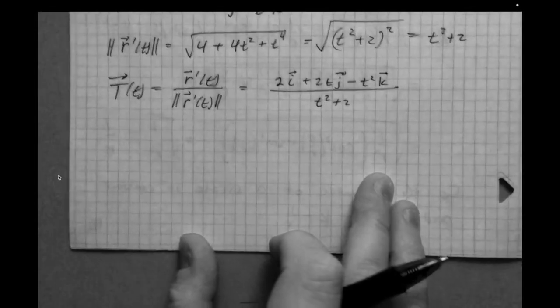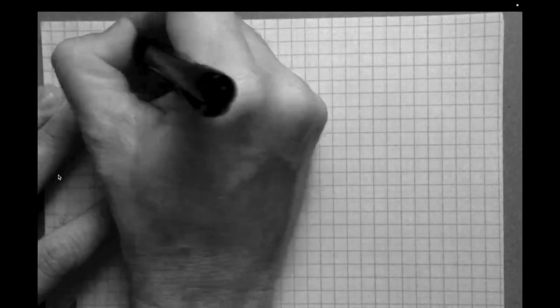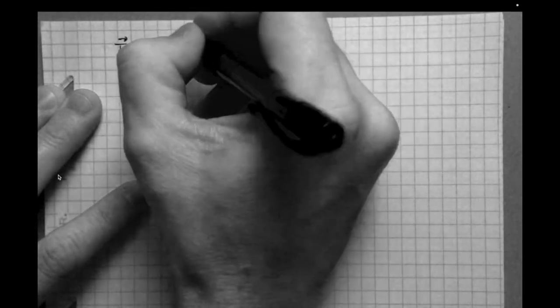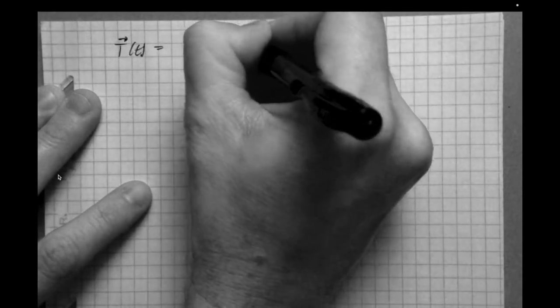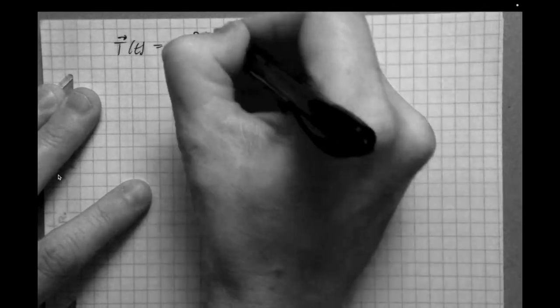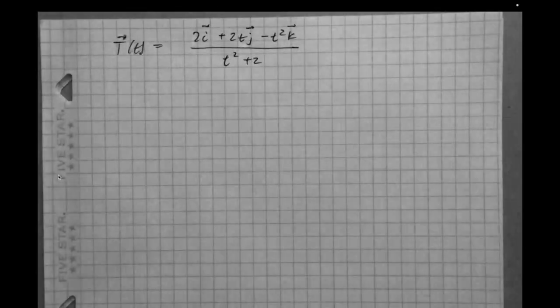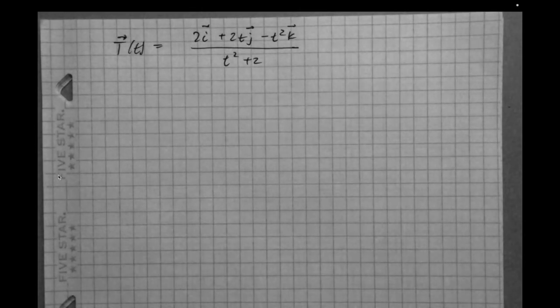Okay, so you can see this is going to get a little bit hairy, so I'm going to switch to another sheet of paper, because this expression is a little messy, right? So if T is 2i plus 2tj minus t squared k, and that's all divided by t squared plus 2, you have a vector valued function as the numerator, and you've got a real valued function as the denominator. And so what we can do here is use the quotient rule from calculus 2,